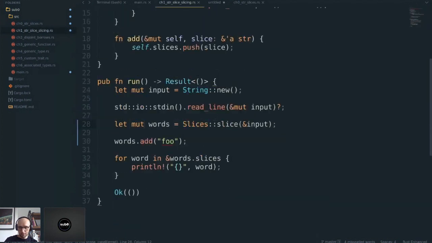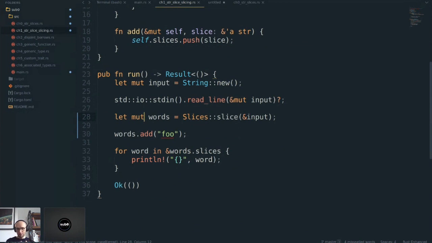And this is also cool because, again, I'm using the trick. I'm using the fact that this foo over here is living for the static lifetime. This slices thing lives for the narrow lifetime A, and I can pack my static lifetime, which is wider, into a narrower lifetime, and Rust is happy. I can't do the other way around. If this was static and I had a narrow lifetime A, I wouldn't be able to put it in the struct. But if I have a wider lifetime, I can put it in a container that requires a narrower item, if that makes sense.